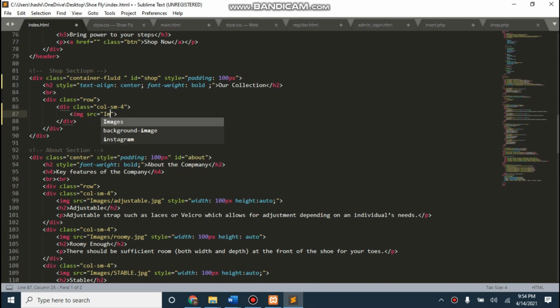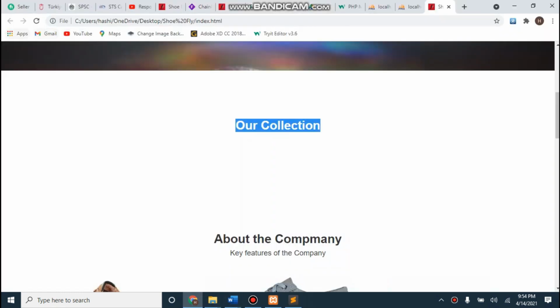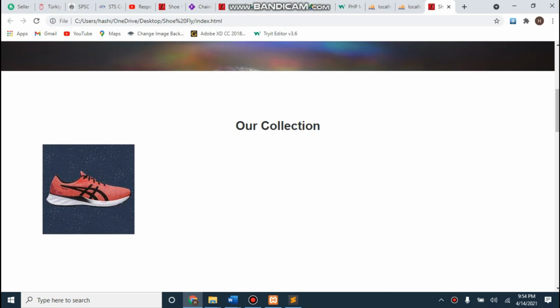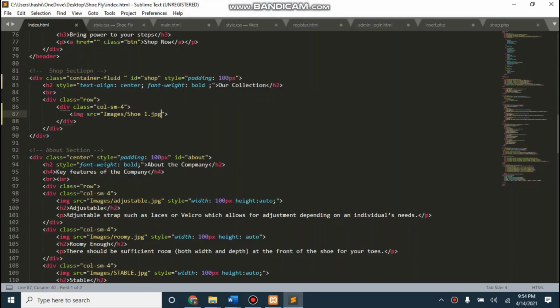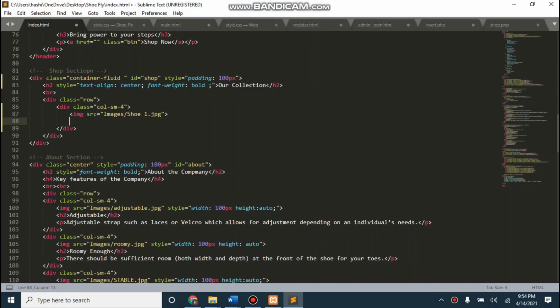So images, shoe one.jpg, and save it. Let's see the changes here. So you see here, now I will be adding